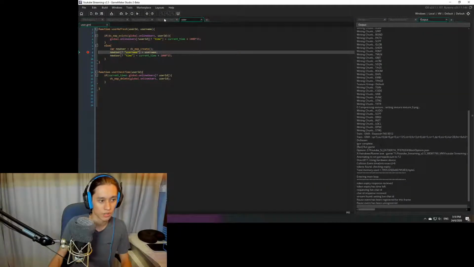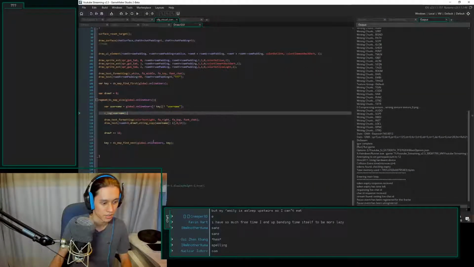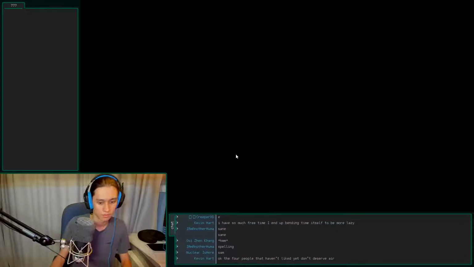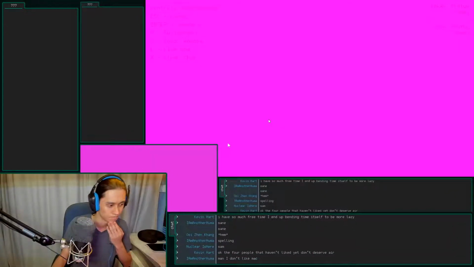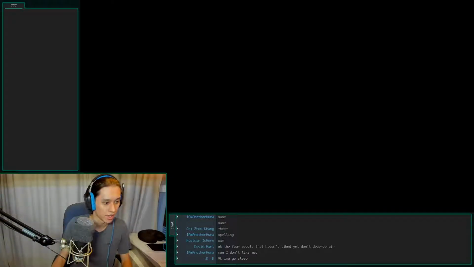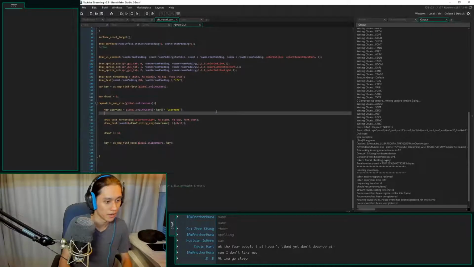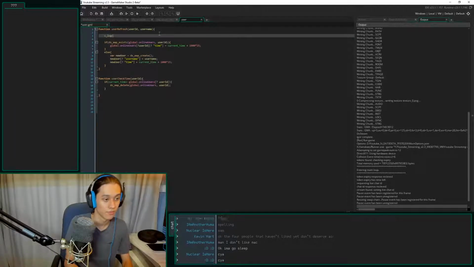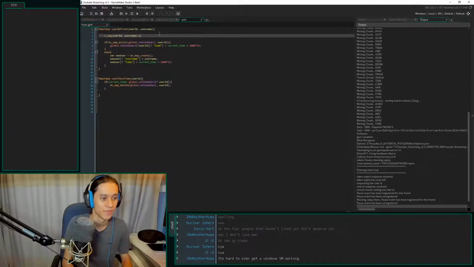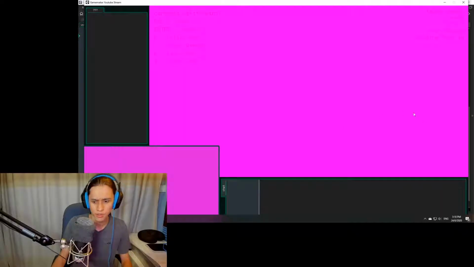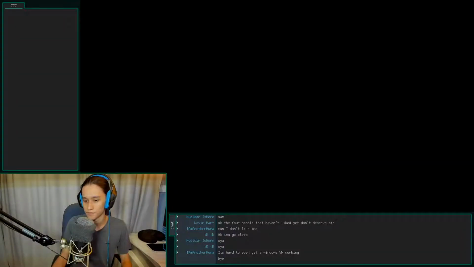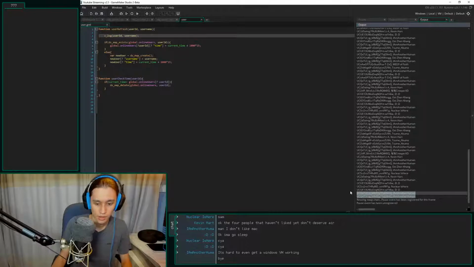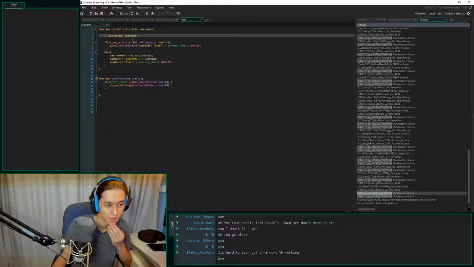And am I still logging? What, am I still logging 1,000 things? Yes, I am. Funny, I am not seeing any mention of users being online. Time to log. I need to log things. Log user ID and username. Right there. And now I should get a bunch of logs of user IDs and usernames. Expand you again. Here we go. There we go. I mean, it's okay, so it's doing it.